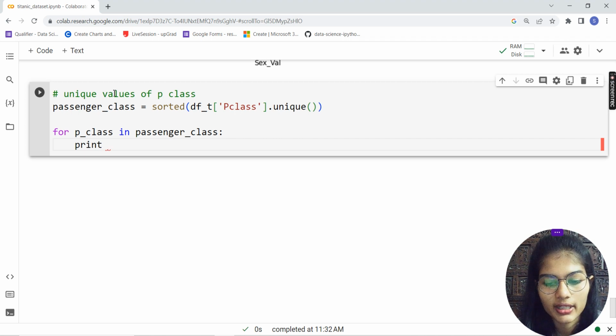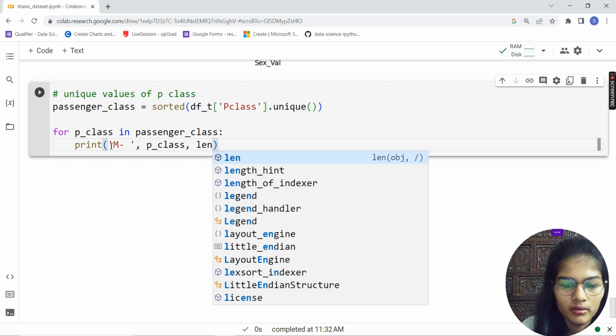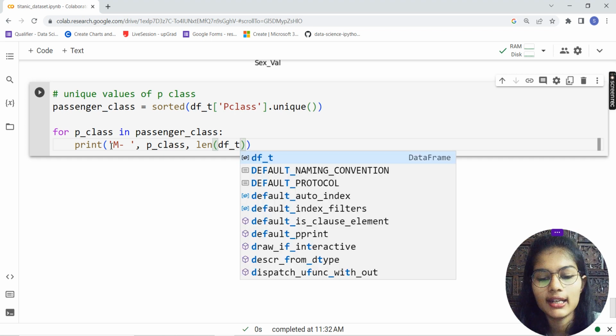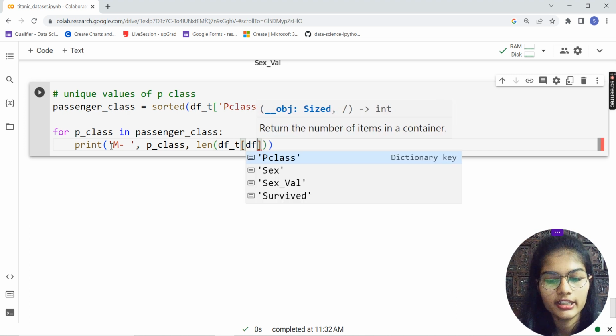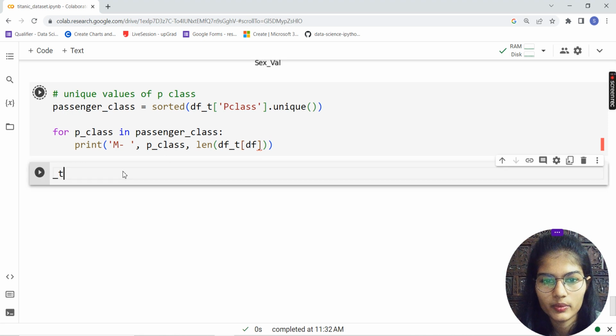So I am going to print here m, that's my male, and I would want it to be in this format. So print, I'll put a bracket over here, like this. Print in this and comma. Here start my variables, like P class, comma. I would love to find out the length of my df, my variable, and into the bracket I am going to put again df underscore t, and here goes my